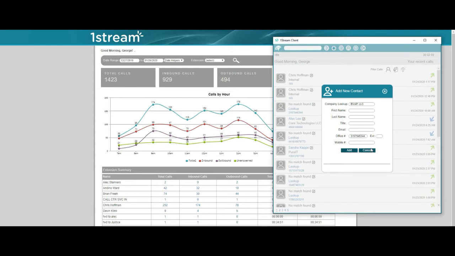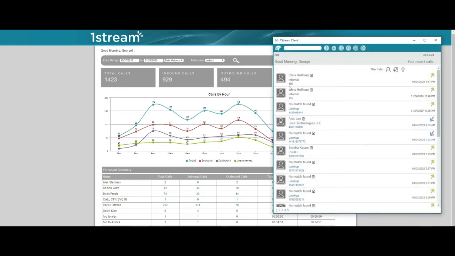And the idea is that if everyone in the organization is following this matching routine, right? I'm not saying every time it's going to come in, the number's not in your system. We do find that when we connect OneStream for the first time, the first 90, 120 days, whatever it may be, there's just a lot of numbers that are not saved in the CRM, PSA, ERP. The goal is to create an internal habit of making sure people are tagging their calls.